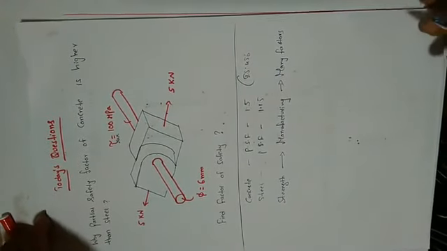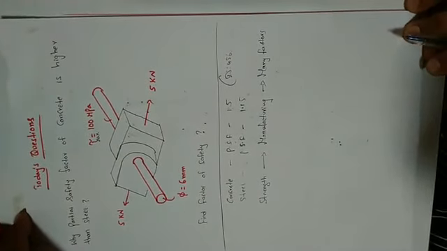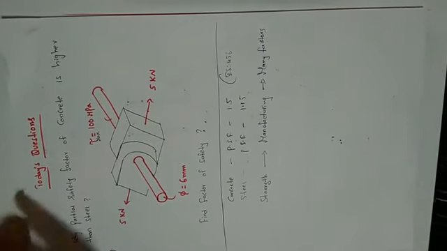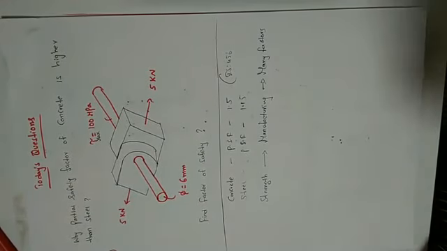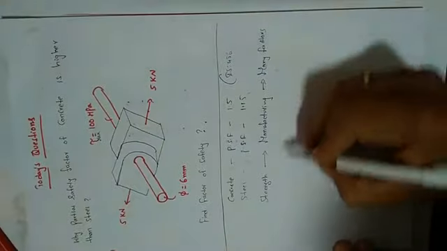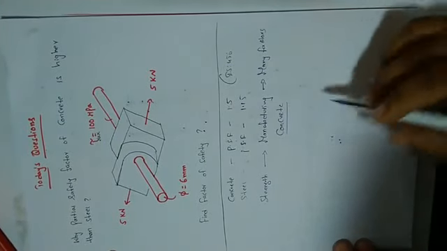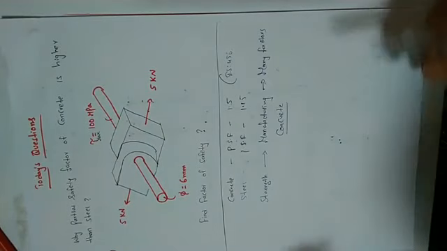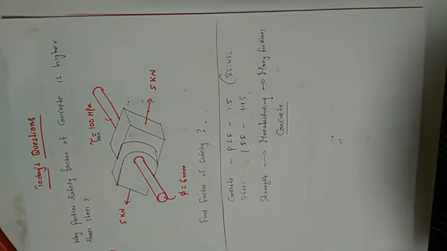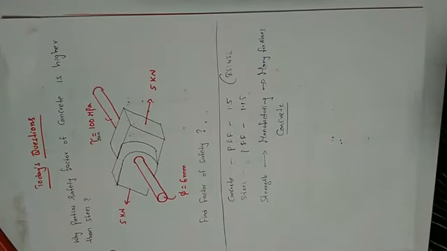So I will let you know what are the factors involved in manufacturing of concrete, and what are the factors involved in manufacturing of steel. So coming to concrete, concrete manufacturing starts from where? Basically concrete strength is not uniform. It always varies from batch to batch and within the batches too, right? What do you mean by batch?